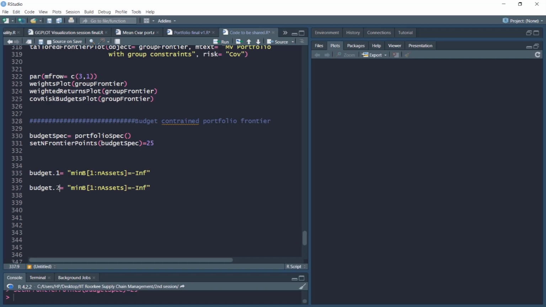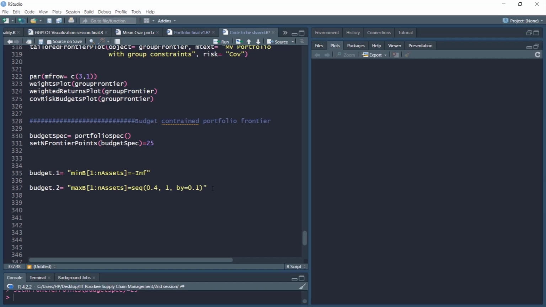And let's put object number 2, maximum budget constraint. Let's put for 1 to n assets, again 7 assets. We'll have a sequence from 0.4 to 1, and we'll separate it by 0.1.